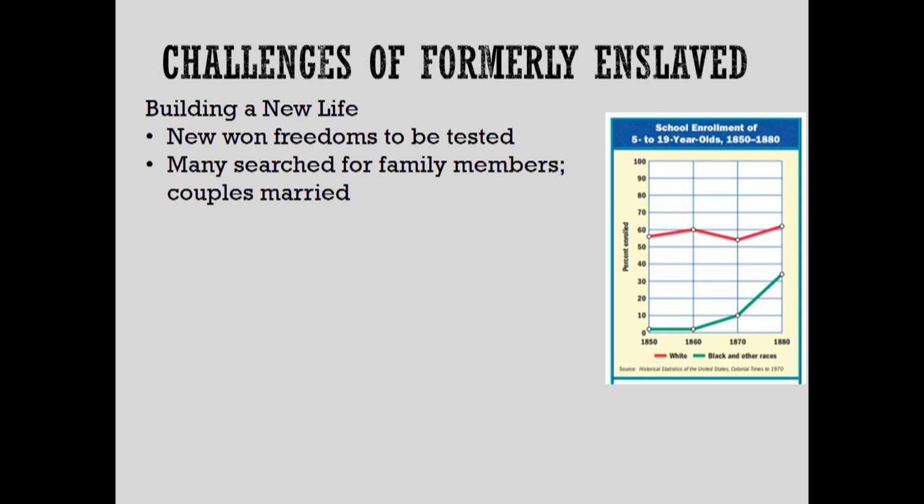Families had been broken up. People married, if we want to say it that way, on plantations. There was nothing legal about these marriages. And a lot of times these families were split apart. They were broken up during the institution of slavery. These individuals want to come back, bring their families back together, and make themselves whole. And that's what many are going to do for a while, try to reunite their families to start that normal life for themselves.